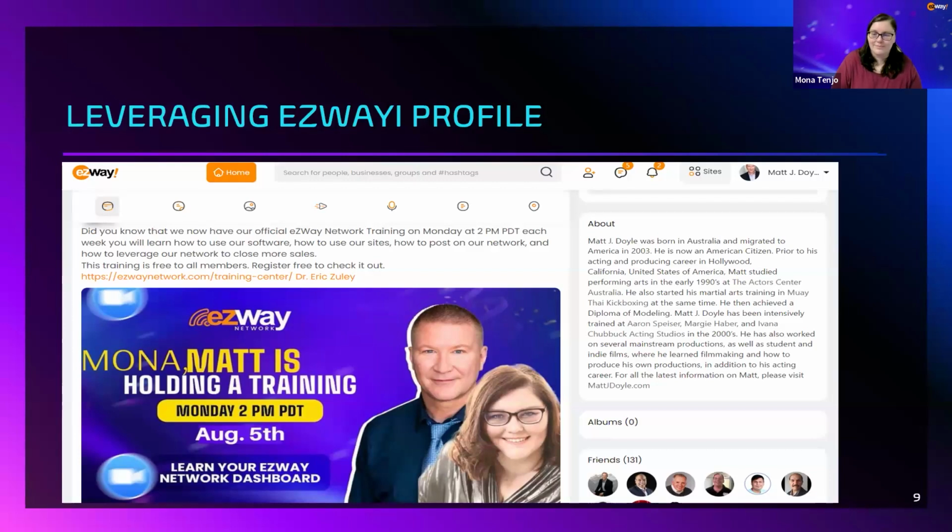How it can benefit you is if you post things that you're doing on there, to let people know what you have coming up. So it's important to go through the directory, as Mona was saying, and request people to become your friend, or connect with them some way, so that they can see the posts that you do. It could be an event, it could be anything that you do. You can see a post that I've done there myself. Thanks, Mona. You're very welcome.